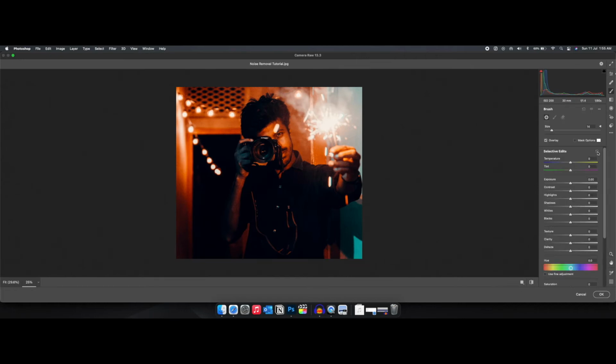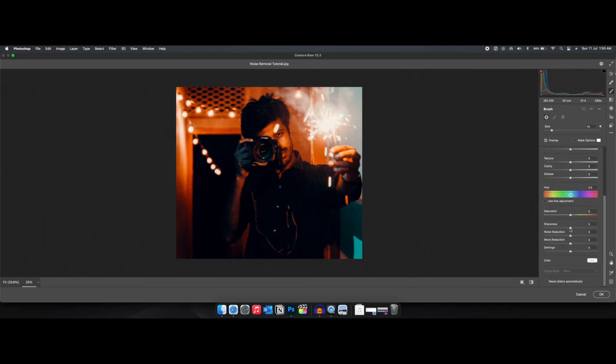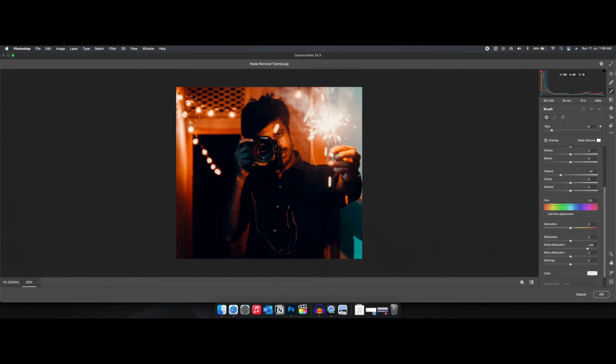So just make sure that you reset all its parameters to their base values. Now just go to the texture, pull it down to around 30-35. Just keep on experimenting with this. Pull the texture down, pull up the noise reduction to another 20-25, or you can go for a higher value if you are not going to touch the skin for now. So I'm going with the higher value of around 55-56, and let's just brush around the areas that I want